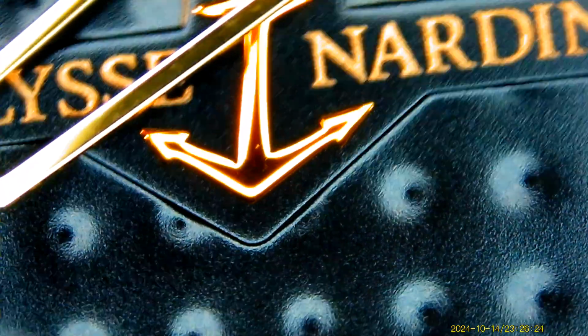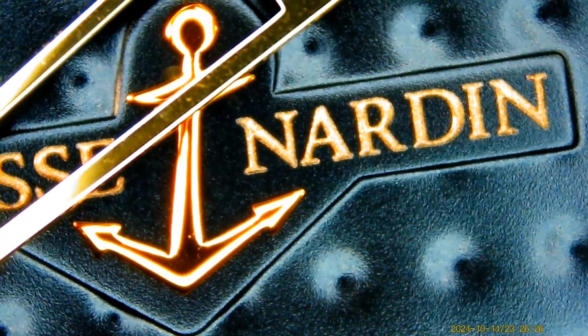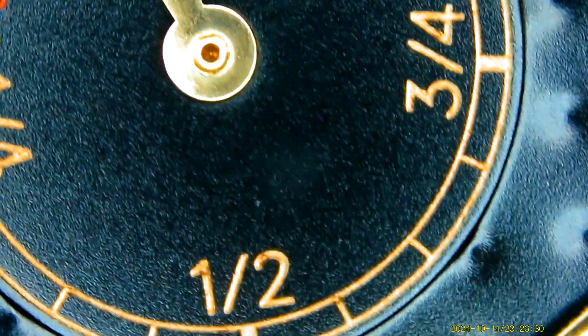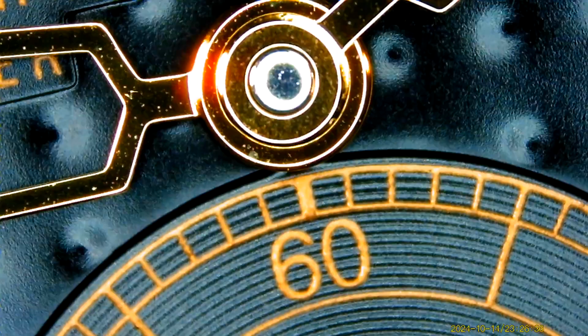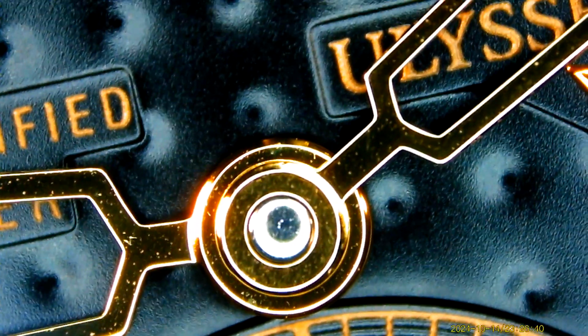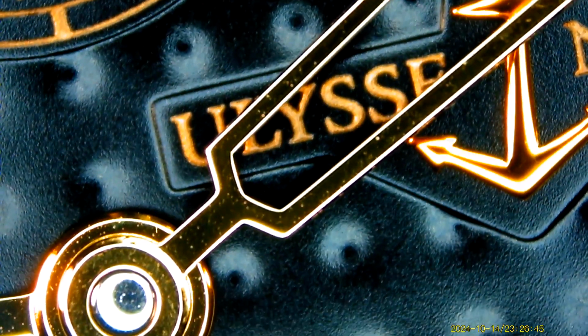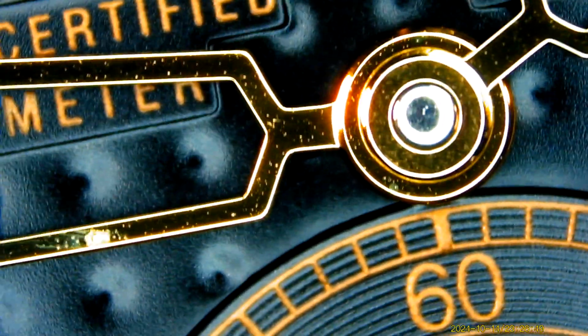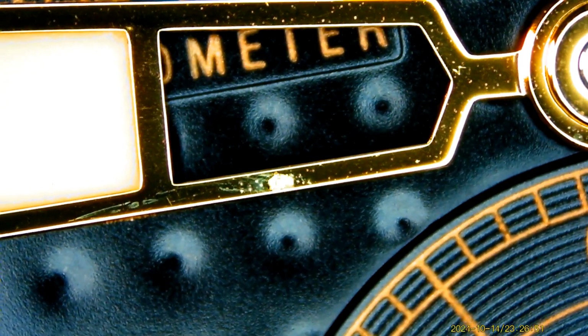The branding, the print is crisp and done in gold color, and so are the sub dials on the main dial, and everything is flawless. The only thing that I noticed on the watch is that it has either accumulated a lot of dust, because I did ask the owner, like this thing here in the middle,